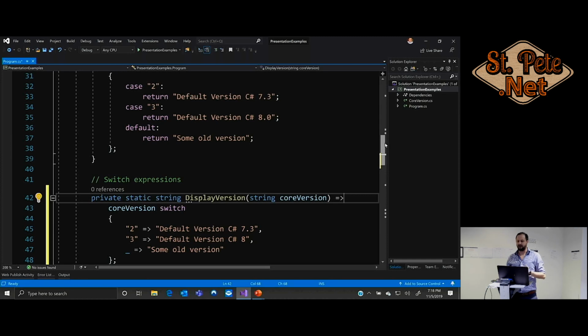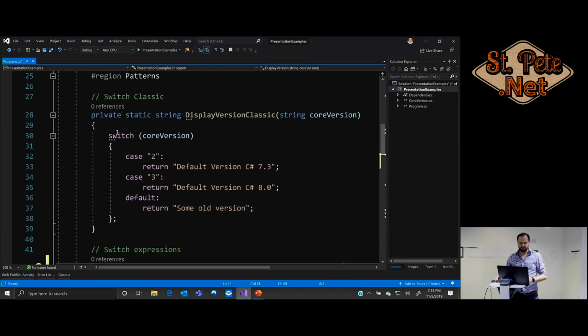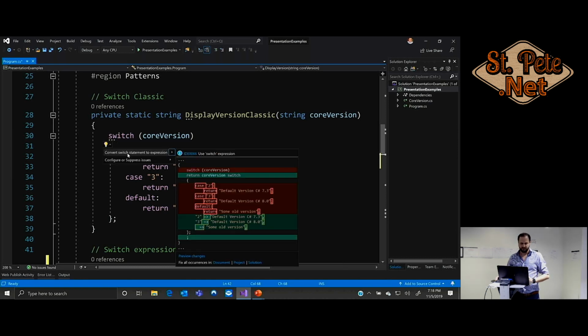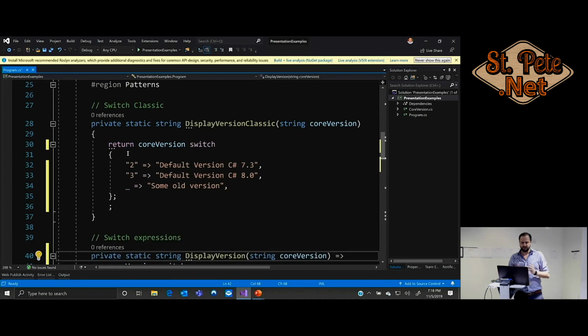I think it's also a lot more straightforward now too, because before, as I said, you're looking at every case, every default, all the returns. So it's really just simplifying the process. The syntax just seems like it's going to be easier too, and if you don't use it at all... Yeah. Also, if you have a previous switch statement, like the classic version up here, you'll